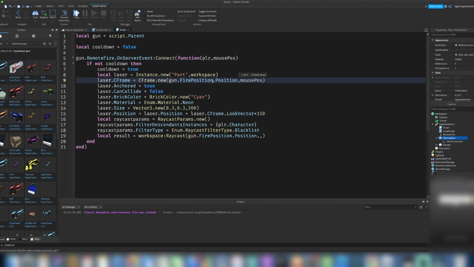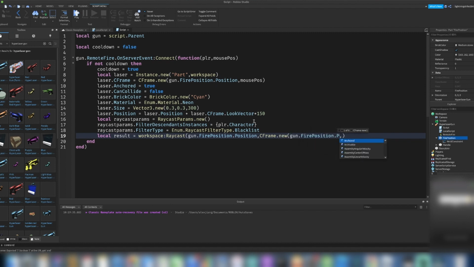Okay. So gun.FirePosition.Position, and the second one will be the actual ray direction and length. So we're going to do CFrame.new gun.FirePosition.Position, and the second parameter will be mouse position,